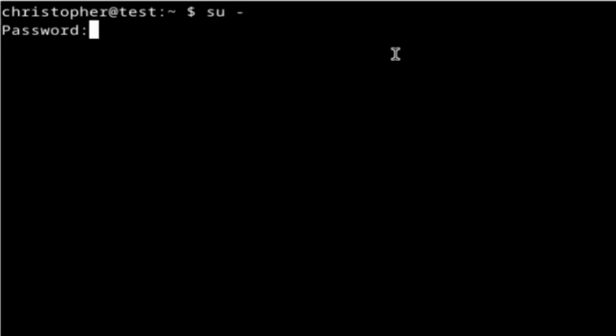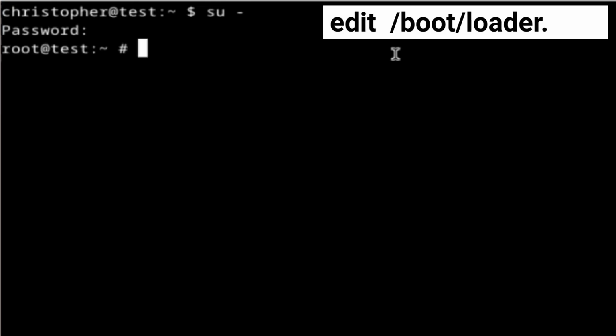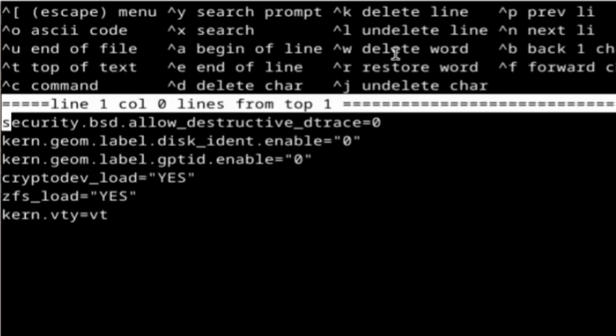We'll be editing loader.conf first, and it's loaded by the FreeBSD loader, which then loads all modules in before the kernel boots. So it gets things in before things start rolling, basically. And a lot of these